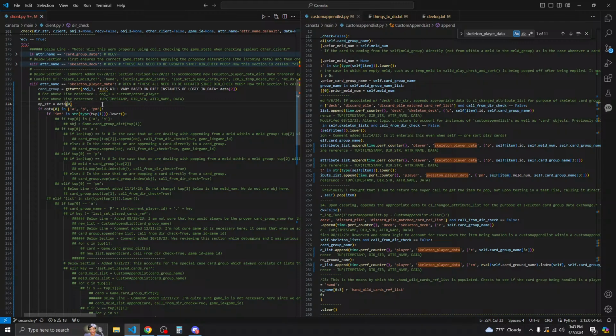And then we'll actually just say if op string is in AP or PM, and then we'll say if op string is in A or P, op string, if op string, op string.